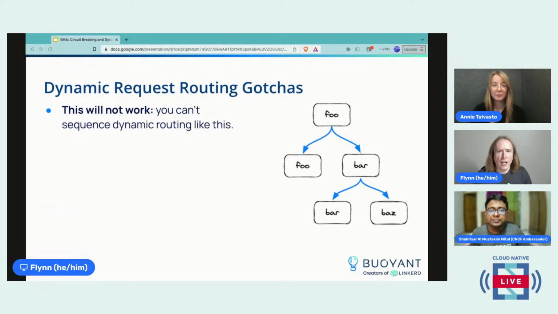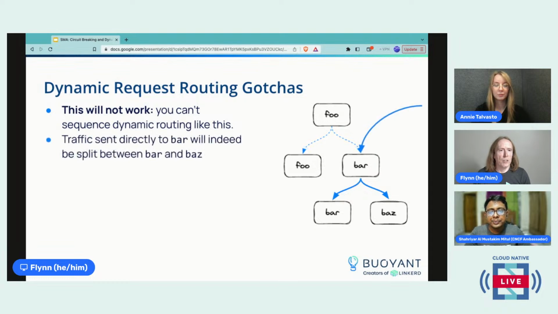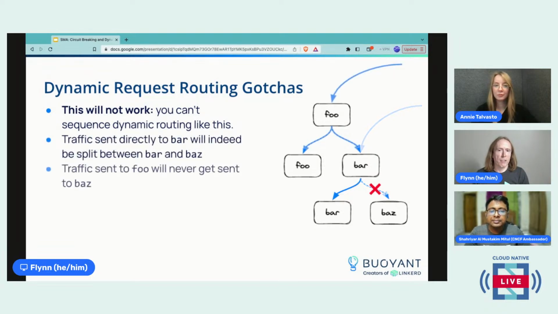All right. So this is another gotcha about dynamic request routing. You cannot sequence dynamic routing like this, where you've got one route that splits foo between foo and bar, and then another one that splits bar between bar and baz. That will not work. If you send traffic to bar, it'll do the right thing. But if you send traffic to foo, it will never follow the baz leg at all. The reason for this is that